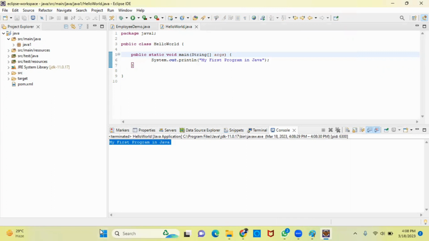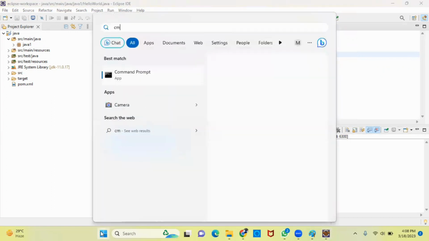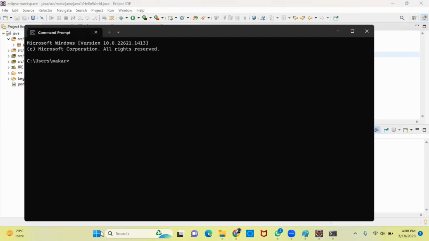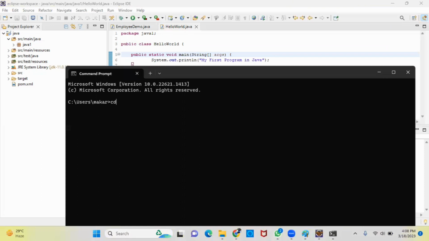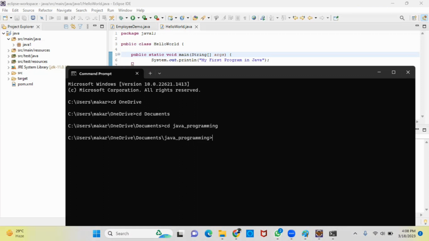But for initially learning purpose, we can start doing coding in command prompt, or you can say we can start compiling or executing our code from command prompt as well. So as a sample program, I like to show this as well. So let me move to one directory. I have some folder Java programming where I stored a couple of Java programs, but I will try to write a sample program here. So for that, I will open a notepad